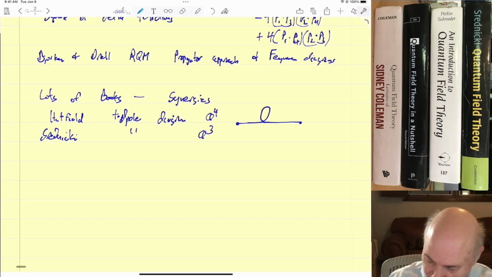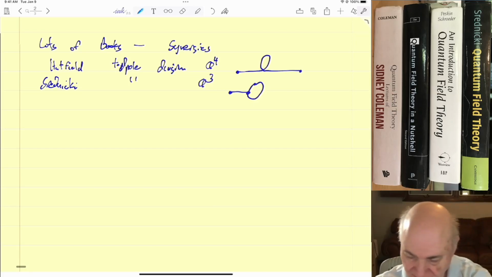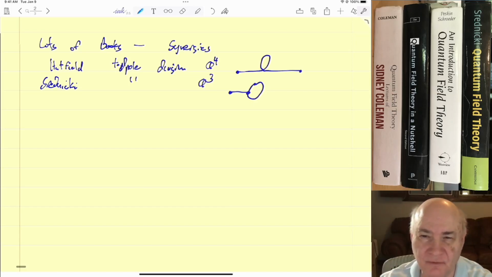So here the tadpole is, let me think how to do this with 3 lines. So the tadpole here is something like this. A little different. And I remembered this argument, but I hadn't seen it in this context. So, a lot of times you get synergies, and one book is clear on one thing, and another book isn't so clear. So, anyway, that's what I did this last week, and